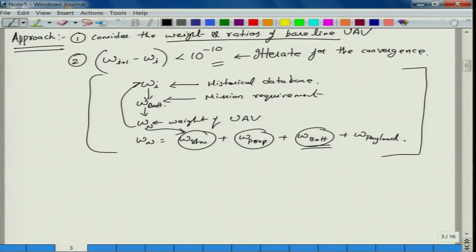Right. So, within this loop we will not update the structural weight and propulsion weight. They are defined outside the loop itself. So, once we achieve convergence, then we will try to update those structural weight and propulsion weight and then again repeat, because when you update them the total weight changes and then repeat this exercise. So, that we are more or less close to this particular weight estimation of a new UAV, right. Okay. So, it will be easy as we start writing the code.